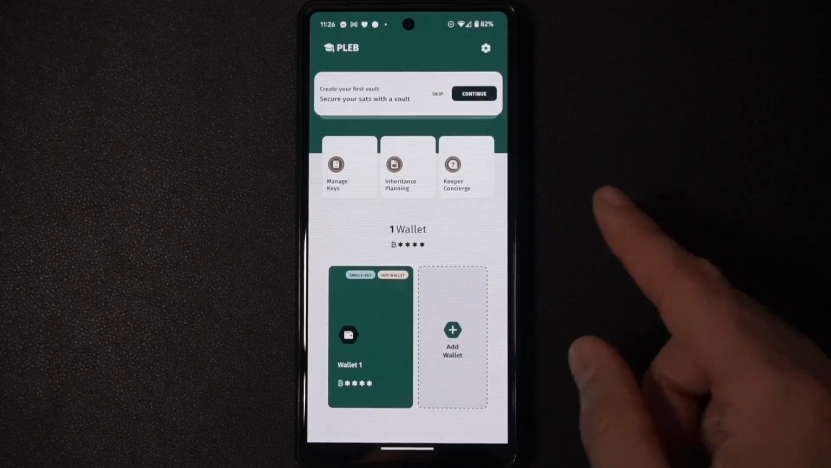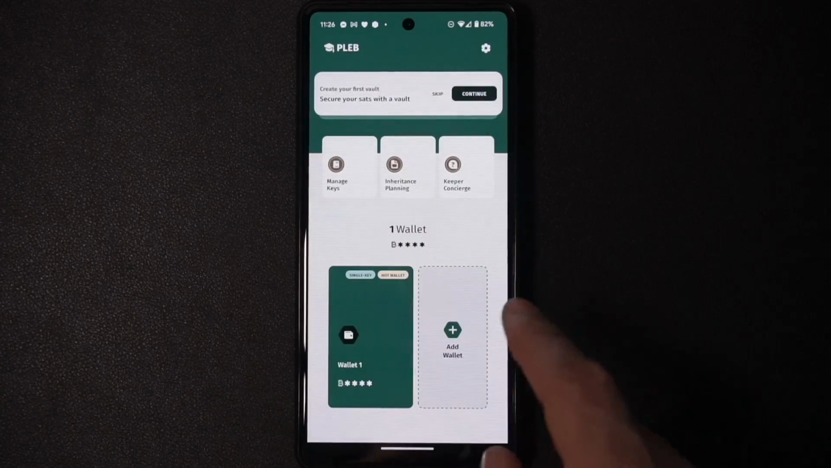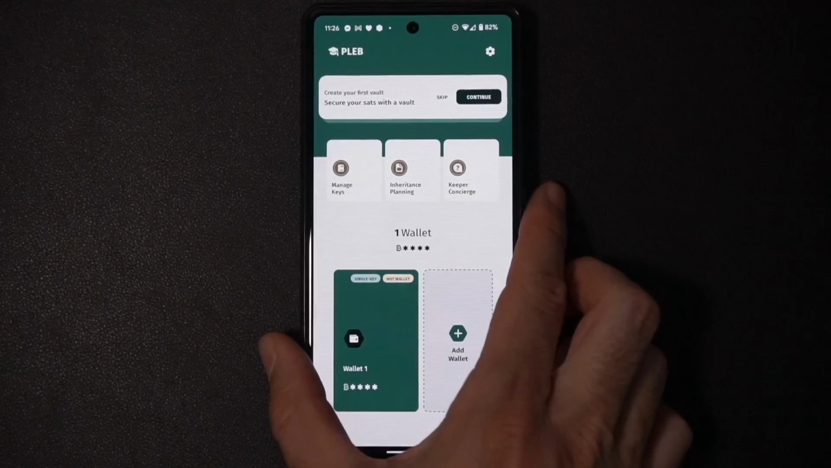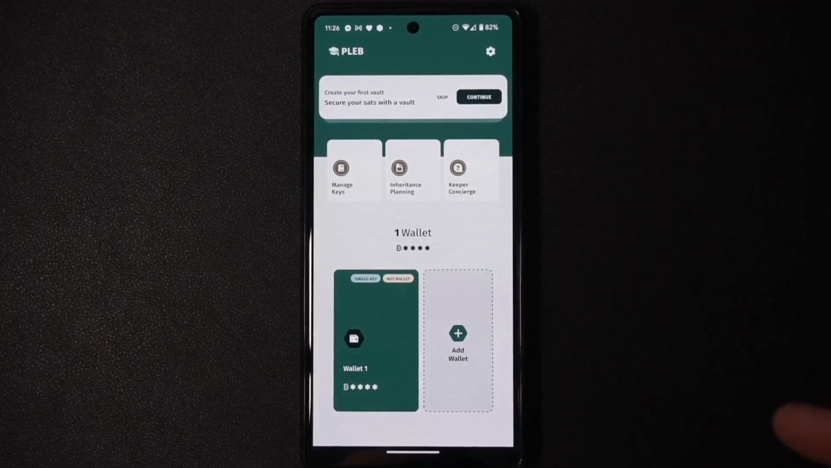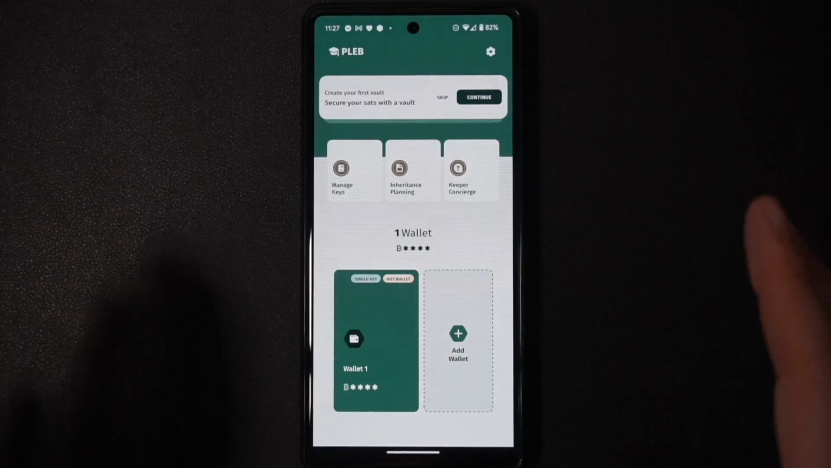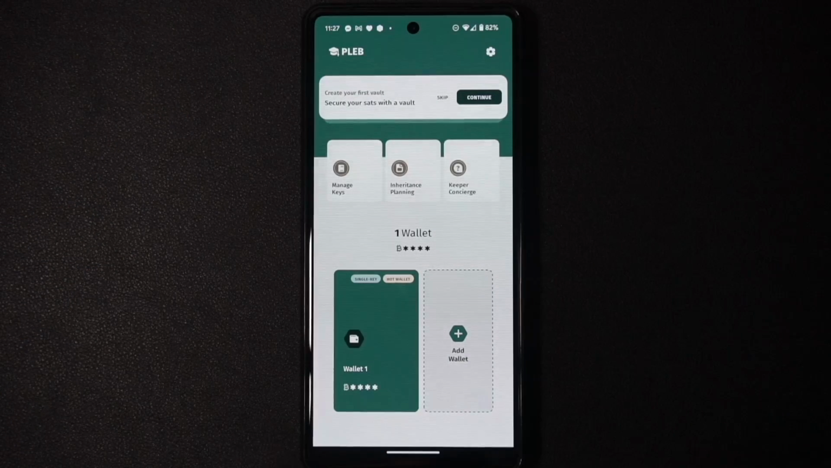Just below that, I have a few options: manage keys, inheritance planning, and keeper concierge. So as I was saying in the intro, Keeper is more than just a singular wallet. It is a key management system, meaning you can, of course, create a hot wallet on your device. So a regular day-to-day spending wallet for on-chain funds. You can also create multiple different wallets. So maybe you have